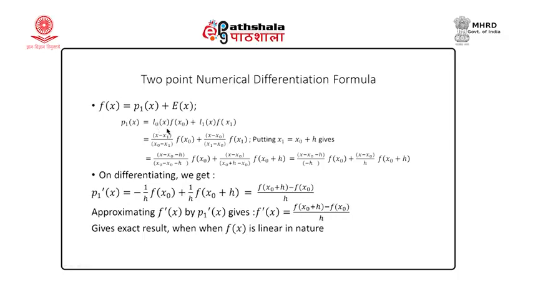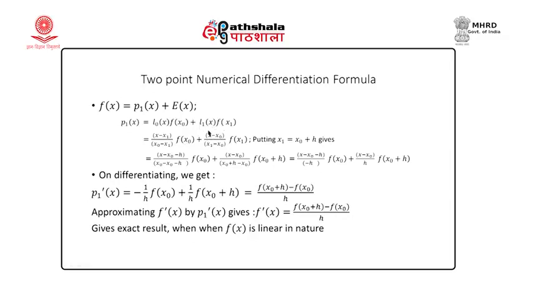See, Li(x) in general is a polynomial. It is a ratio of two terms. Denominator is a constant term. The numerator has all the terms x minus the tabular points. In this case, there are only 2 points, x0 and x1. So, L0(x) is x minus x1 upon the denominator, where we put x equal to x0. So the denominator becomes x0 minus x1. So, (x minus x1) upon (x0 minus x1) is L0(x) into f(x0), plus second, L1(x), the same story.